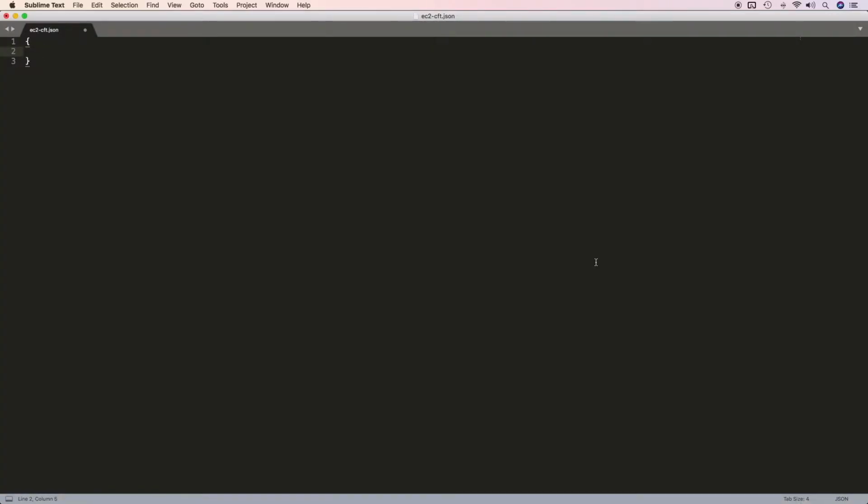As part of this demo, what we're going to do is we're going to launch an EC2 instance. We know that we have to launch this EC2 instance in US East 1A AZ. We have to launch the EC2 instance with instance type T2.micro, and we'll launch this instance in our VPC which we have created already. So basically we can hard code each and everything in our EC2 instance.